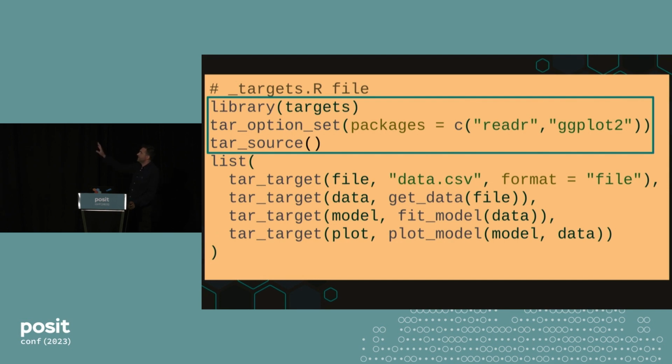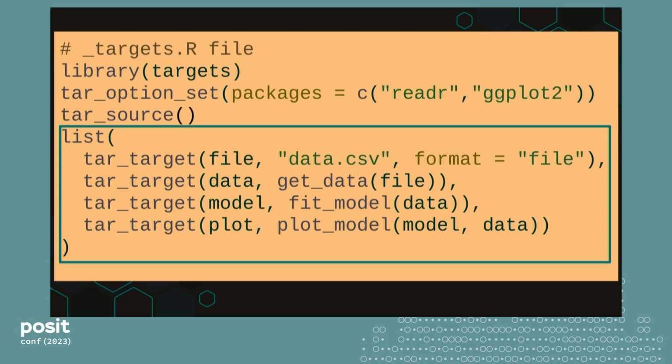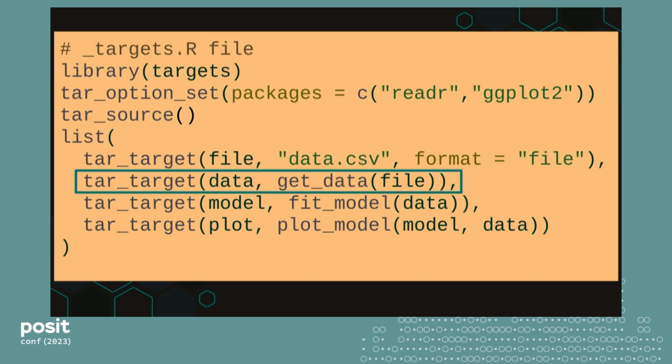In these first 3 lines, we just set the scene. So you load targets, you set your options, and with tar_source, you can load your custom functions. And this list is where all the action takes place. So here is where I define my targets. And in this line of code, target